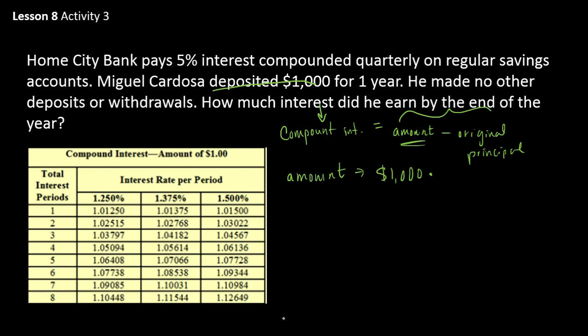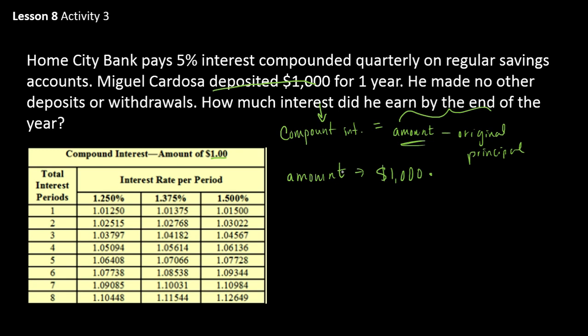This figure is telling us a number, a factor to multiply by to figure out compound interest. So they have it scaled down to $1, so it's kind of like giving us a ratio as if our investment was only $1. It gives us a multiplier. So using amount of $1, we mimic the same total number of interest periods and the interest rate per period to take a multiplier from the table. So in this case, our interest rate per period is 5%,